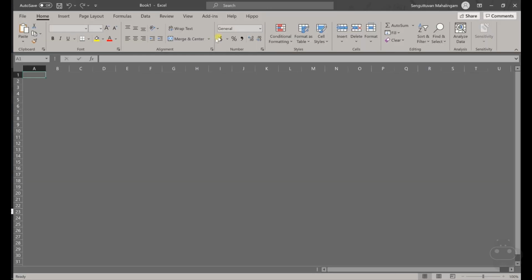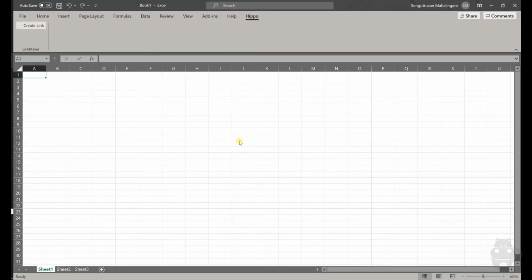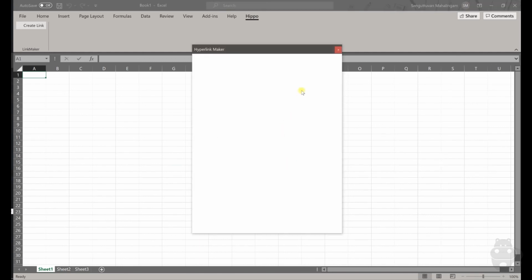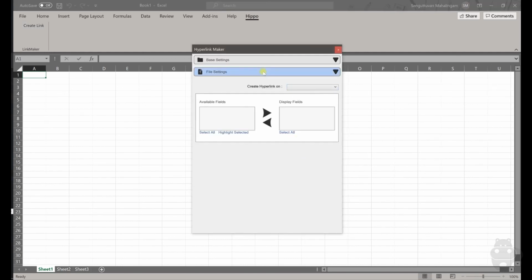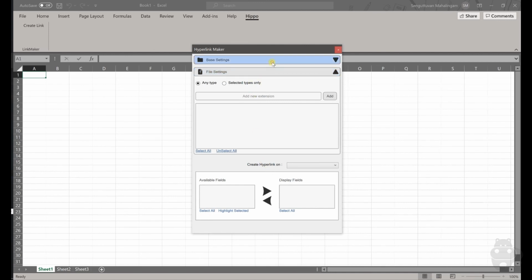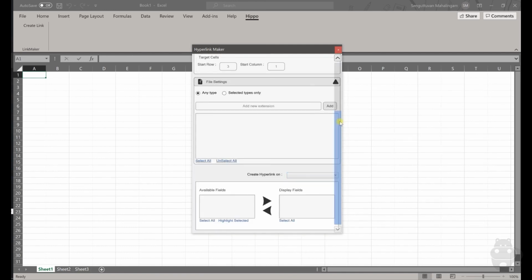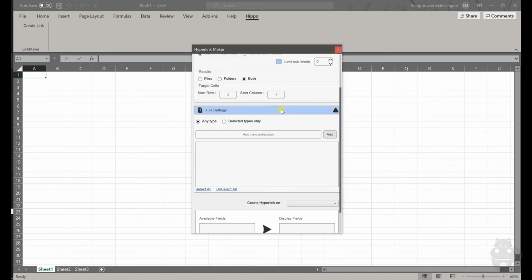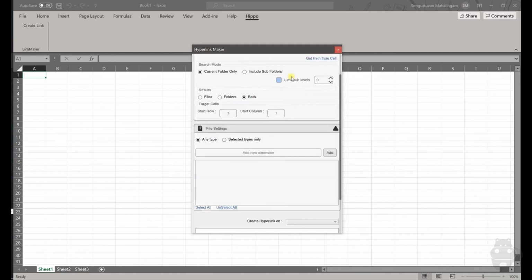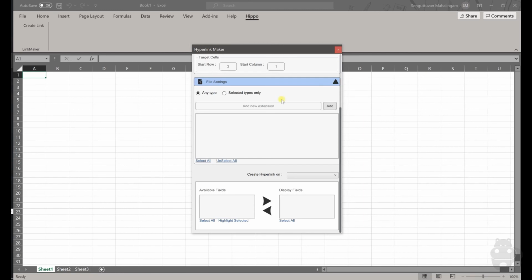So let's go back to Hippo, create link. Yeah, so now it opens up, and when you open this as well, you see this is the auto hide. When you move closer, you should be able to see this. When you move out, that should still be staying there. Instead of auto hide, this is pretty much like auto minimizing. You can still go up, and you can browse using a scroll bar. You can go up and go down. That's all fine.